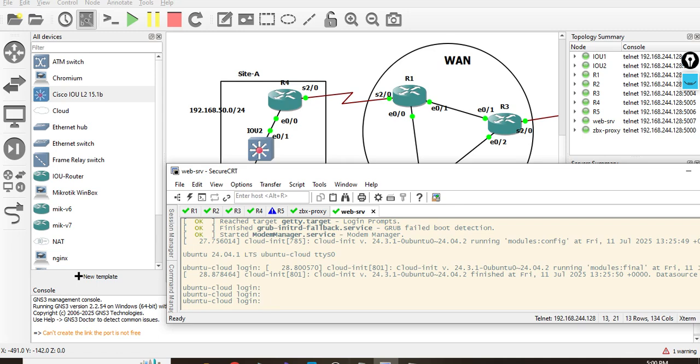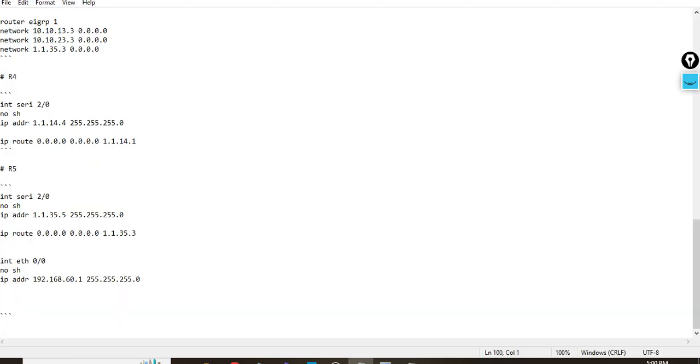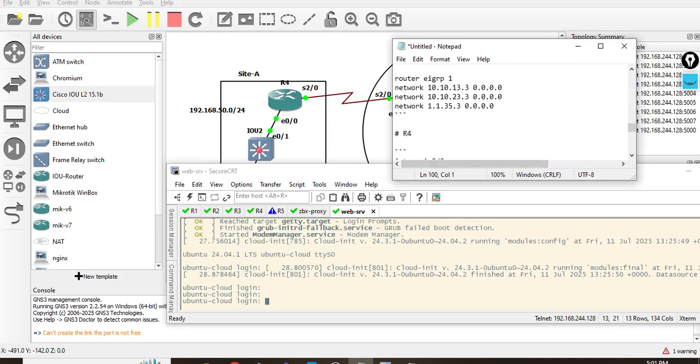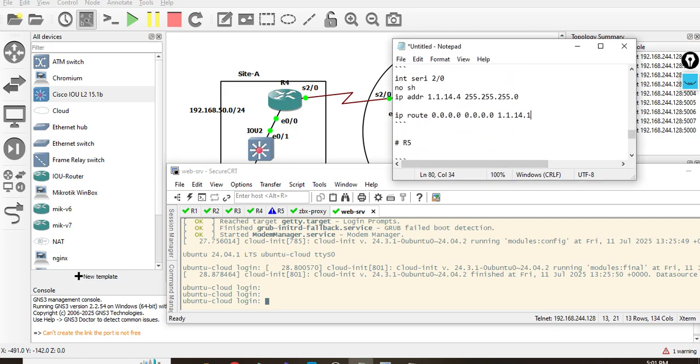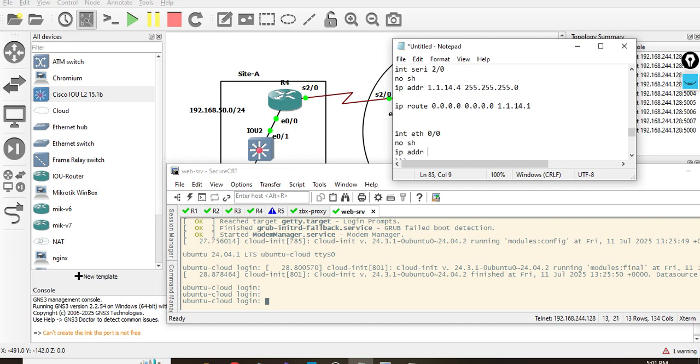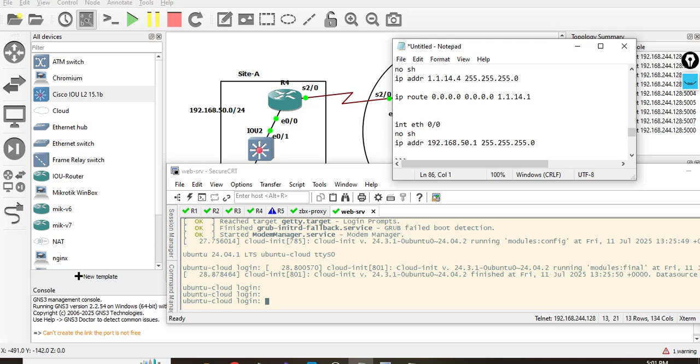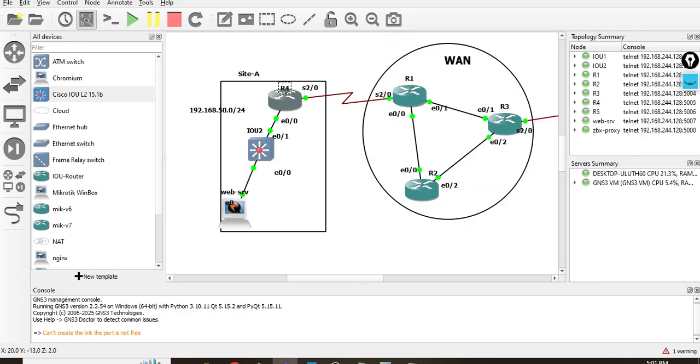but before, open R4, excuse me, yes, R4 here. R4, interface ETH0/0, no shut, IP address 192.168.15.1 255.255.255.0. Let's apply this to this router, I mean R4 here,